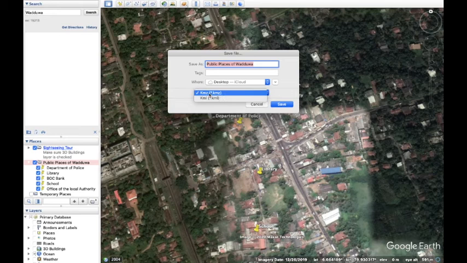There are 2 file types, KMZ and KML. I prefer to use KML because through the QGIS software it is much easier to open the KML file. Click save.